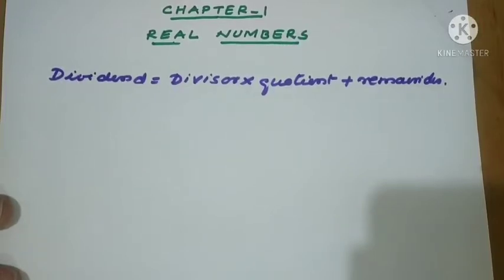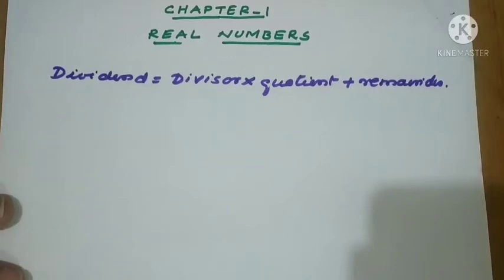We already started the same topic in class 9th, that the combination of irrational and rational numbers are called real numbers. In this chapter we are particularly dealing with the Euclid division algorithm. That is the first topic from this chapter we have to study. As the name suggests, Euclid division algorithm is going to deal with divisibility of integers. In lower classes we have studied already one division algorithm.